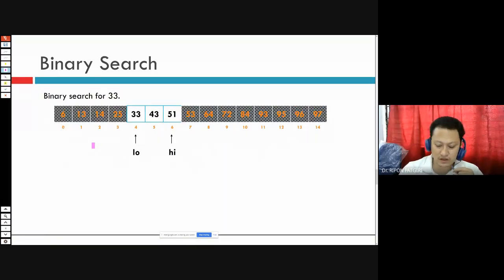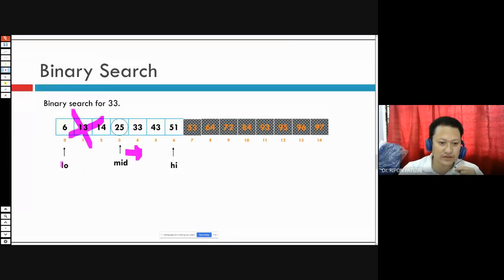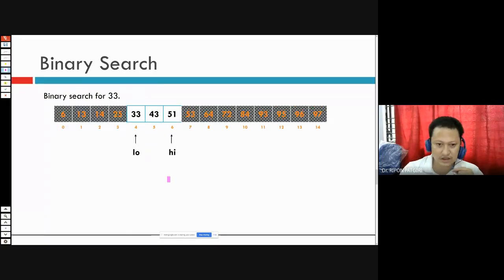So here low becomes this, and this is high. Now we have discarded the left part, and to find the middle, 4 plus 6 is 10, 10 divided by 2 is 5.